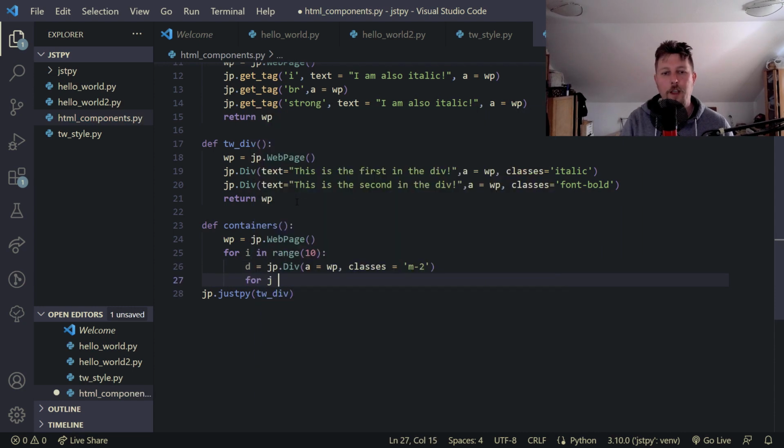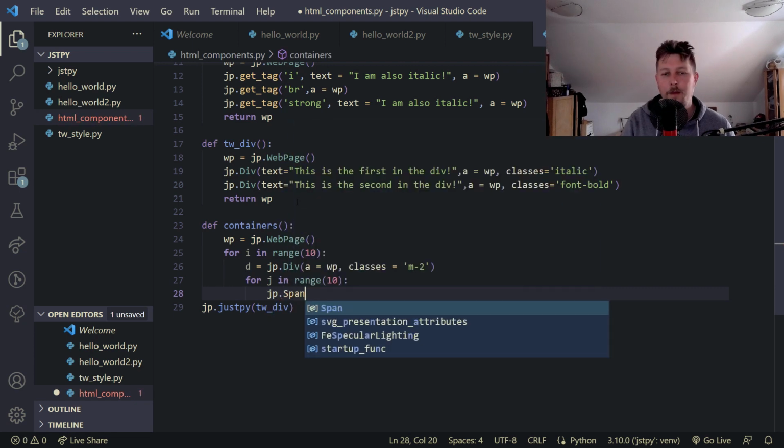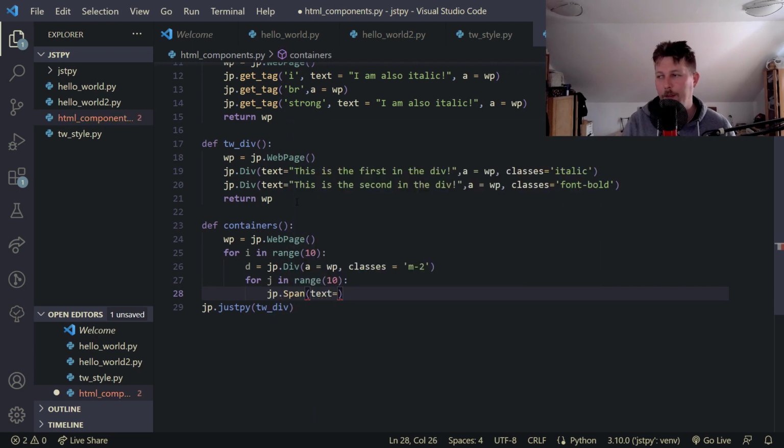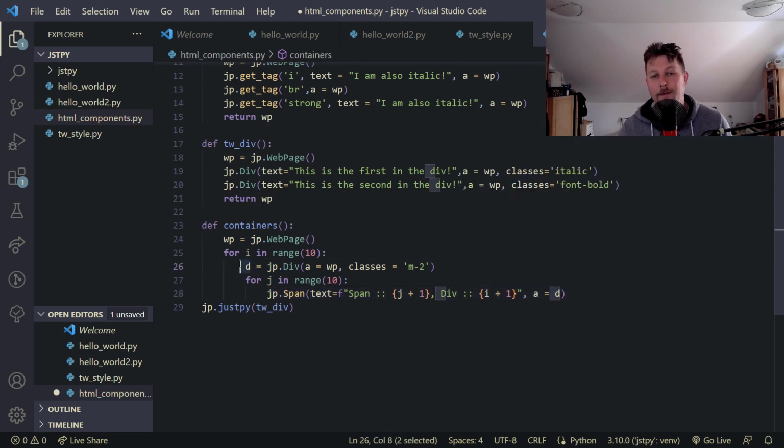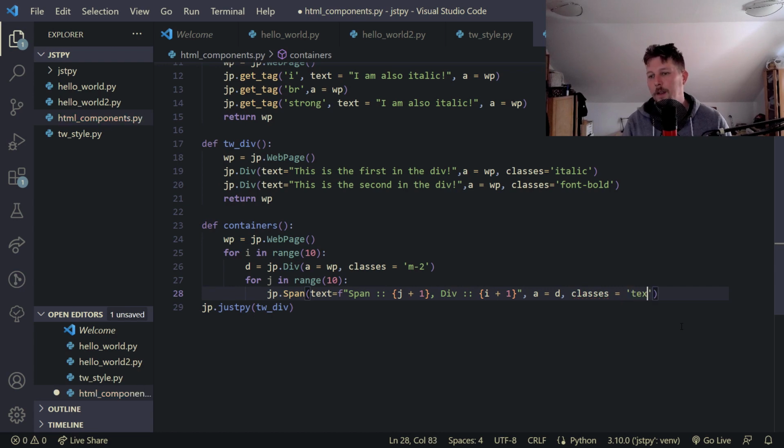And then for j in range 10, jp.span, text is equal to span, and we would like to add the value from the j plus 1 and the div i plus 1. Let's make it an f-string, so we have the appropriate formatting, and we anchor it to the specified div. So this is how we create a hierarchy, and the classes are